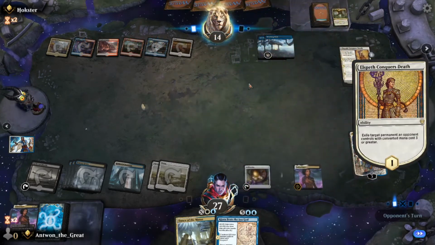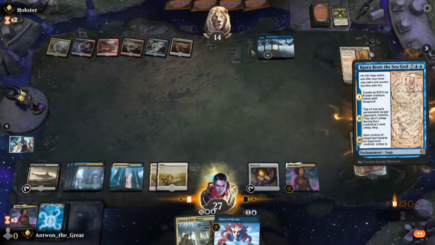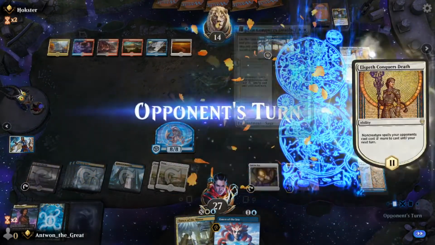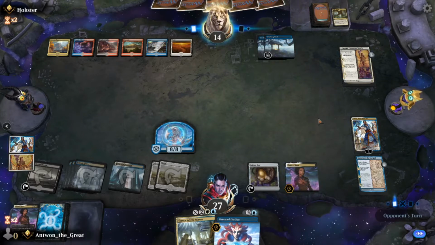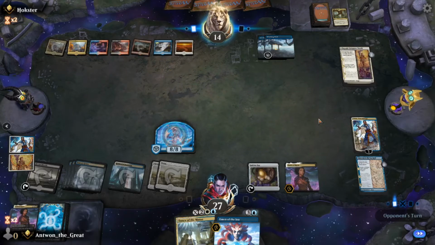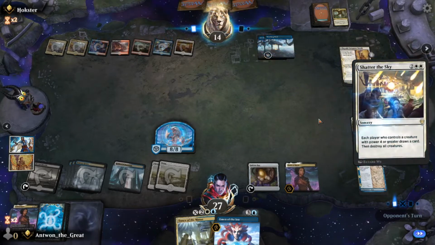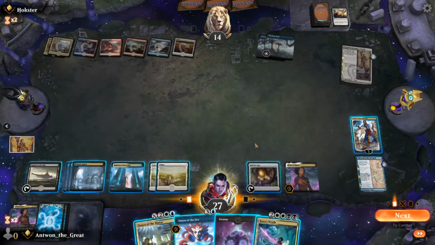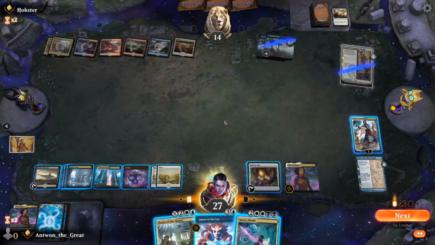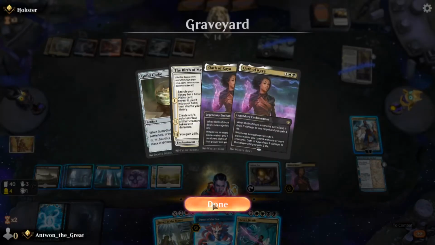Oh, nice. Very nice. Very, very nice. Alright. So we're gonna go ahead and drop this. You got a board wipe? I get to draw a card. Okay. What do I have in here? I don't have...